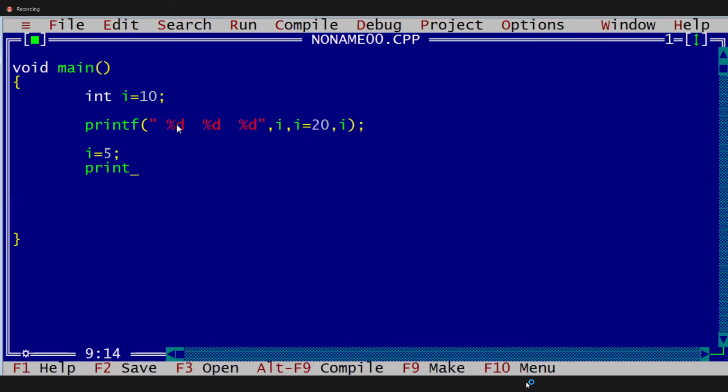It is printf of percent d. In the last class we discussed how printf takes its arguments. Now next continuation, guys: i into 4. If any newcomers are there, ask your friends. Okay, how it prints the statement: i, i equals 4, and i equals i into 4, comma i.